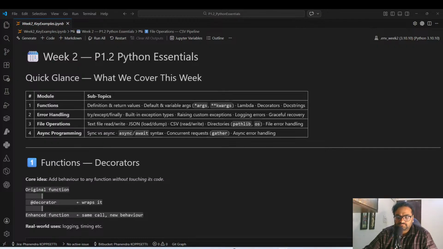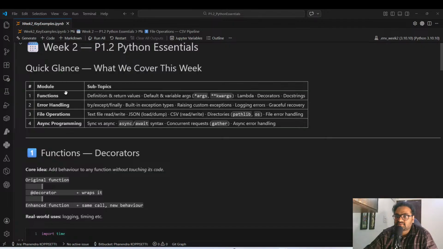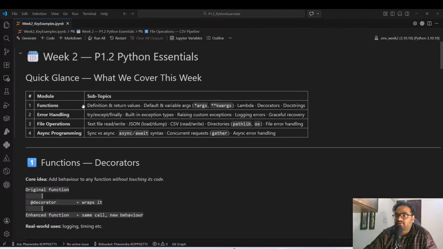For week 2, we have updated the content. It is about Python essentials. What we have gone through in week 2 is functions, error handling, file operations, and asynchronous programming. When it comes to functions, we have gone through a few things like what are functions and what are